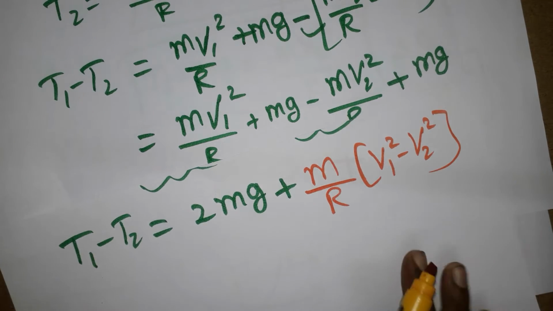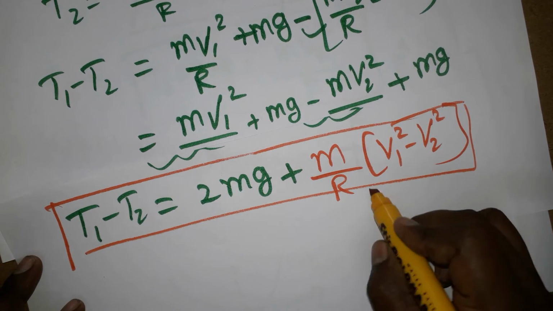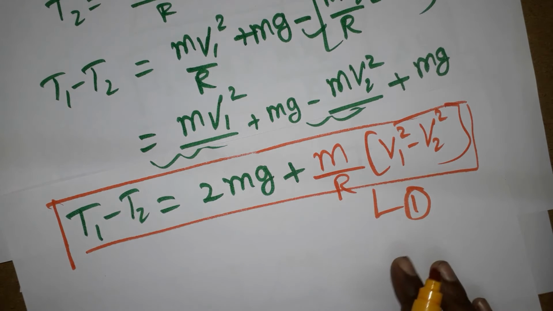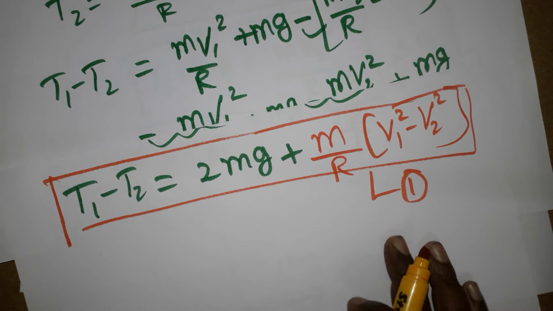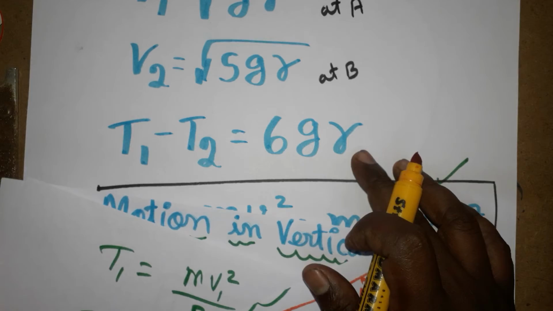So far we got this kind of equation. I am taking this as equation number 1. Okay. So, in future we will be using this equation also to find. Okay. Yeah. Now we got the tension difference. Actually, we have to find the tension as this much. Tension as 6mg. Okay.